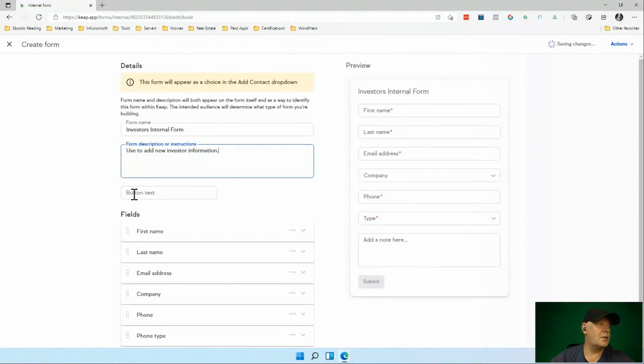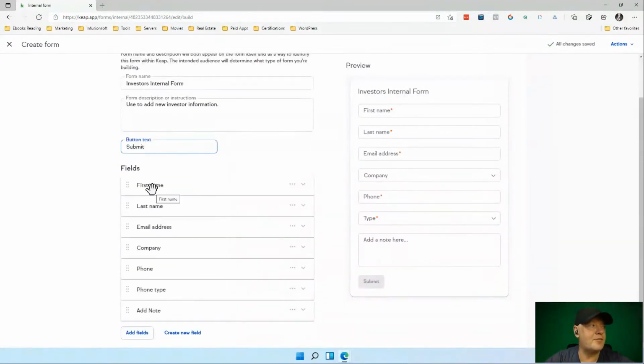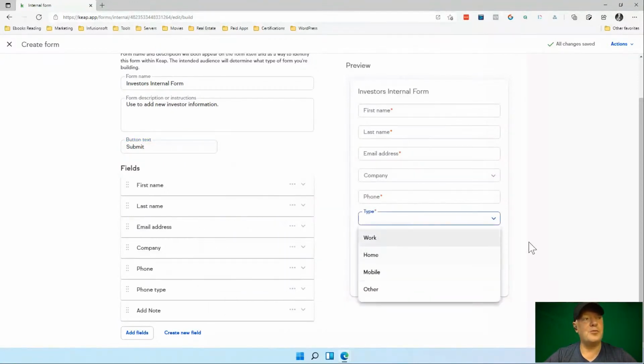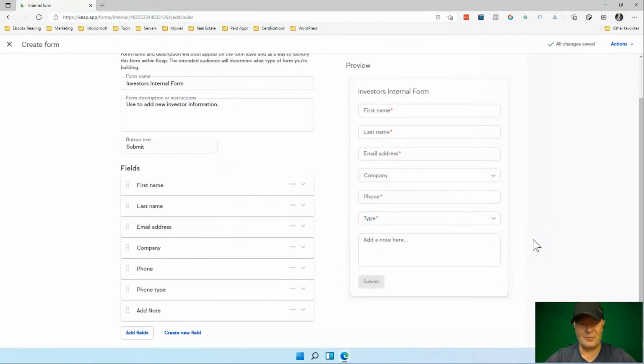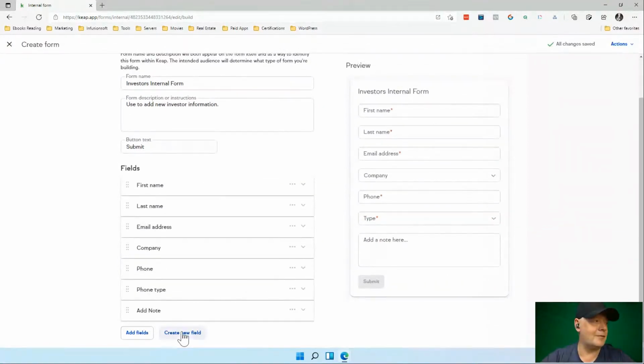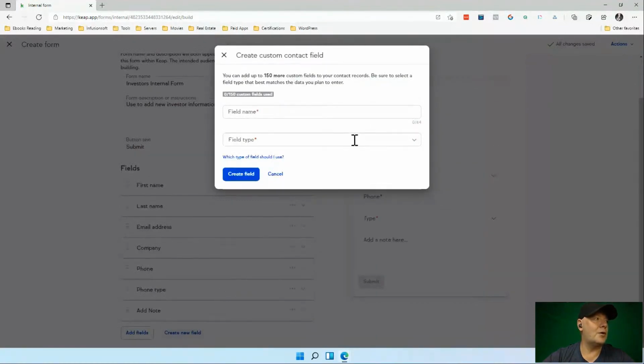Okay. As you see it here, we have a first name, last name, email address, company, phone type, and then notes. That's perfectly fine. I would really encourage you to not delete anything and focus on making sure that you will be adding the phone type, mobile. That will be the most efficient, because you will be sending the text messages, right? And on top of it, I would create a new extra field, and the field will be